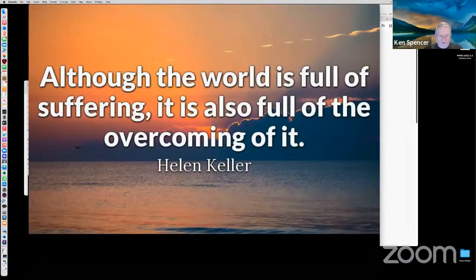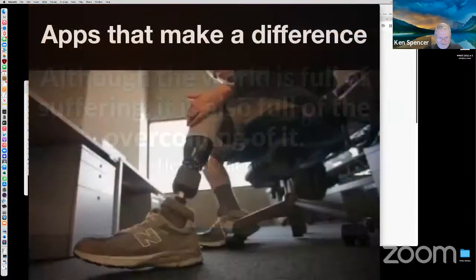Although the world's full of suffering, it's also full of overcoming it. And what a great Helen Keller quote. She didn't have the benefit of iOS devices, but